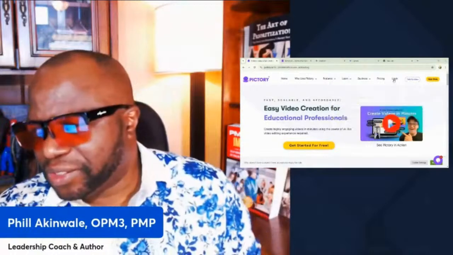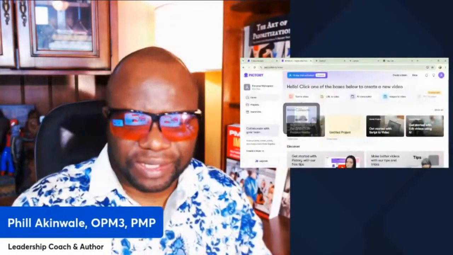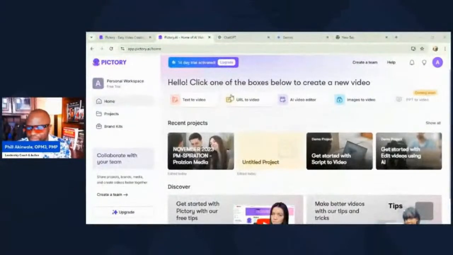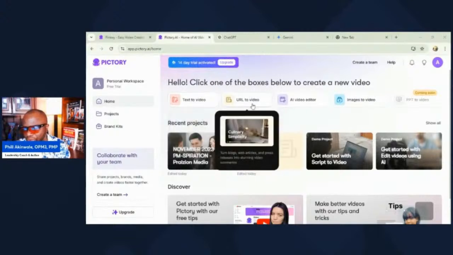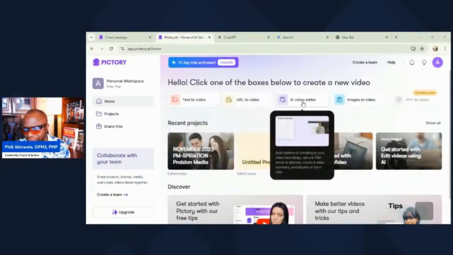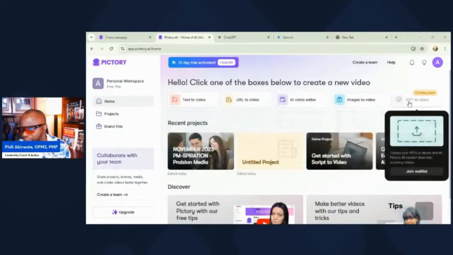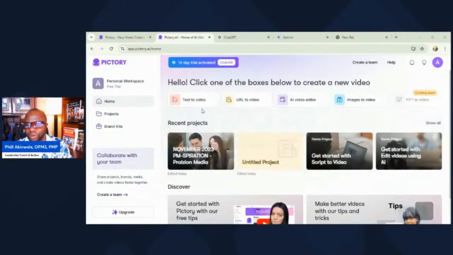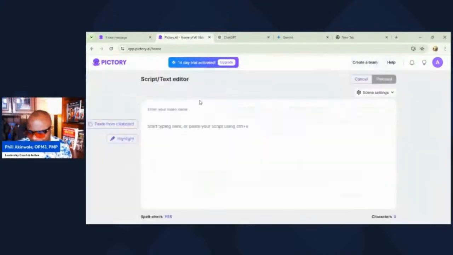So when you finally get into Pictory and you're logged in, you're gonna be met with this screen that I'm showing you here. Let's make it a bit bigger. This screen right here. So when you get into this screen, you've got options. You've got text to video, URL to video, AI video editor, images to video, and PowerPoint to video. Now, we're not going to cover all of these today, but I'm going to show you a few of the easy ones, the low-hanging fruit. So let's click on text to video, and let's call the video